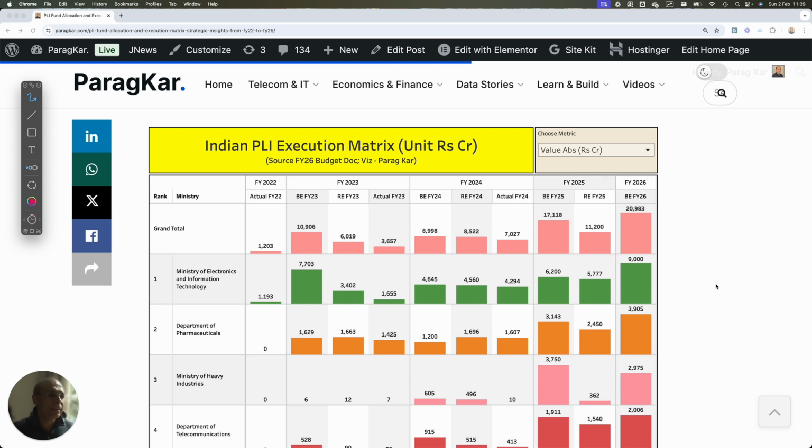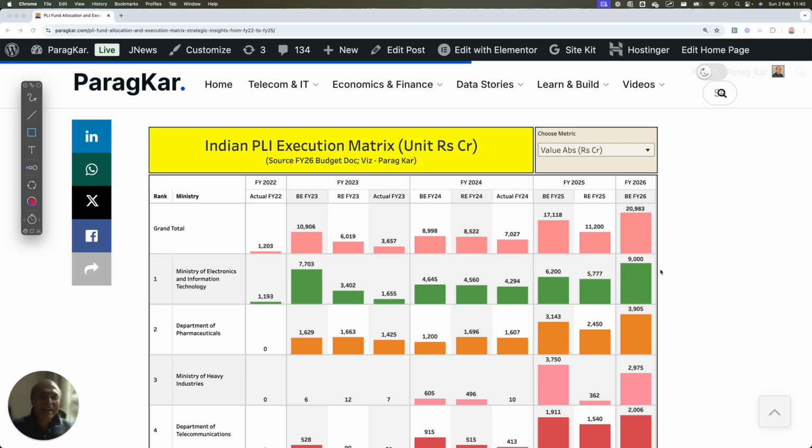So which basically shows that whatever we had predicted at the beginning of FY2023, we are going to that number, because I don't think that 9,000 crores is going to get spent. It is going to be roughly around 8,000 crores that we are going to spend. So our target that we had in FY23, which was the budgetary estimate, we are going to meet that target in FY26. So we are lagging.